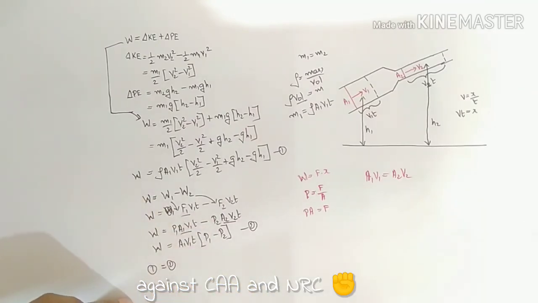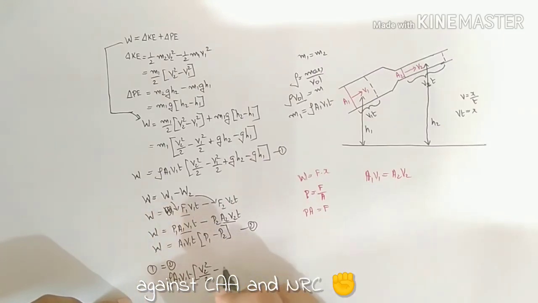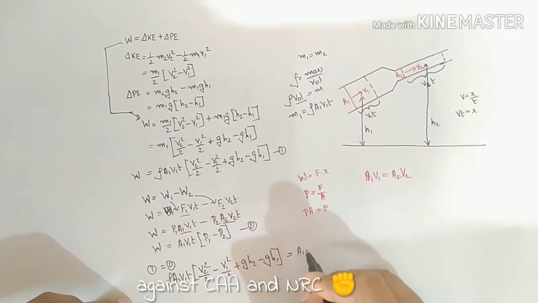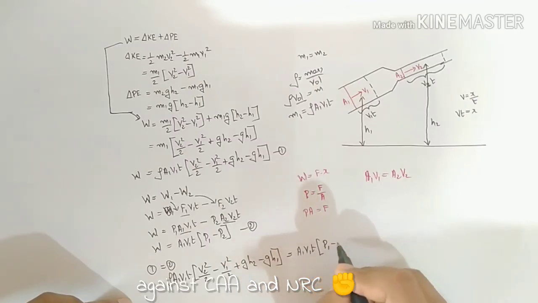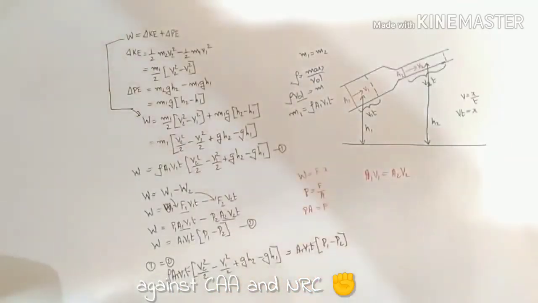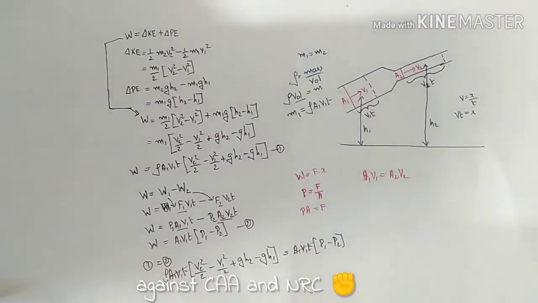Equating 1 and 2, we could write rho A1 V1 T into V2 square by 2 minus V1 square by 2 plus GH2 minus GH1 is equal to A1 V1 T into P1 minus P2. We could cancel this A1 V1T and this A1 V1T. Therefore,